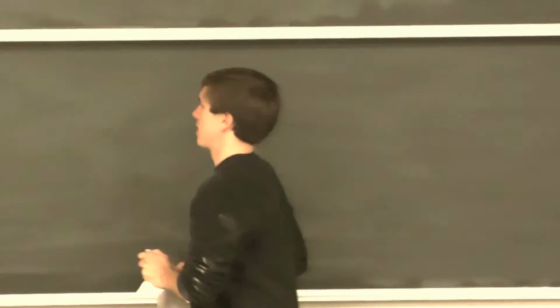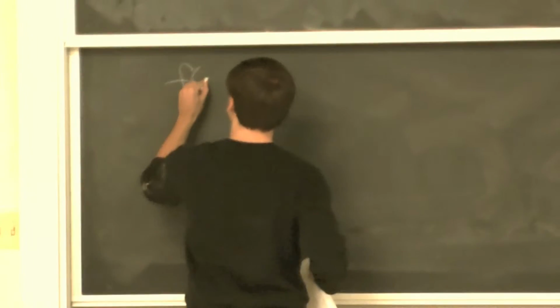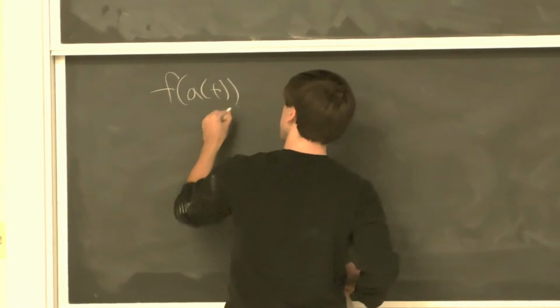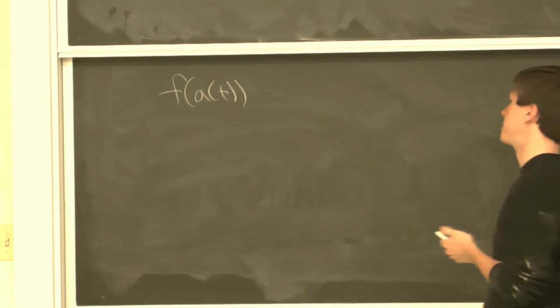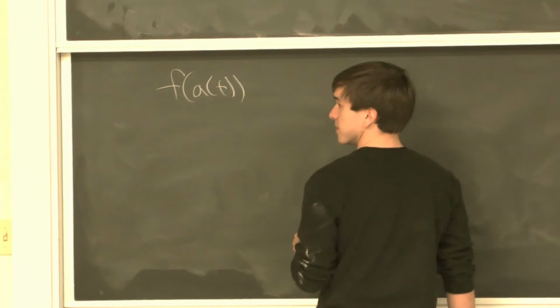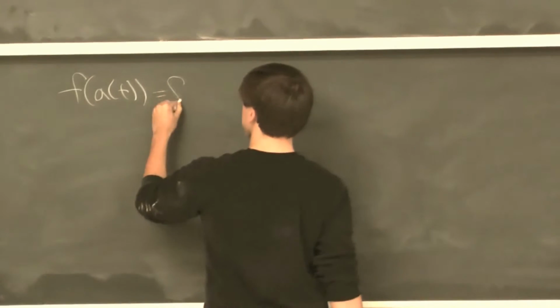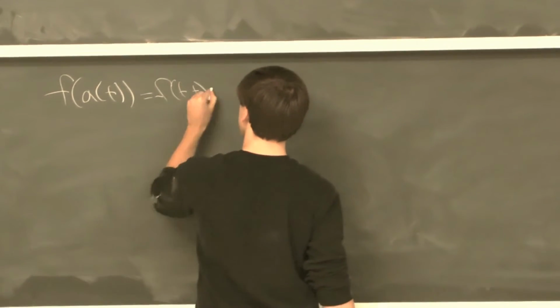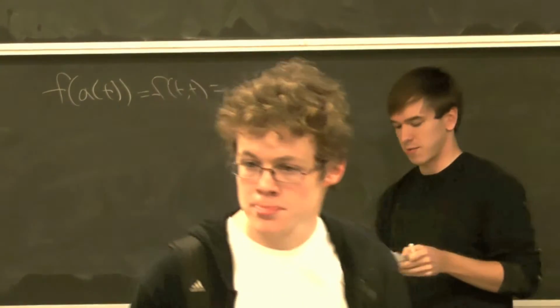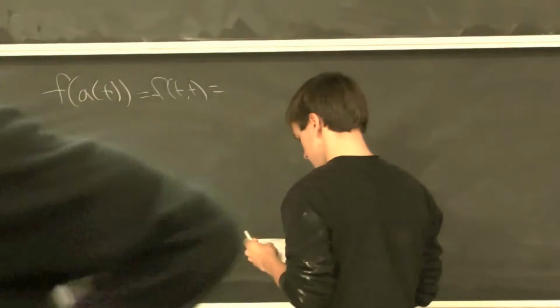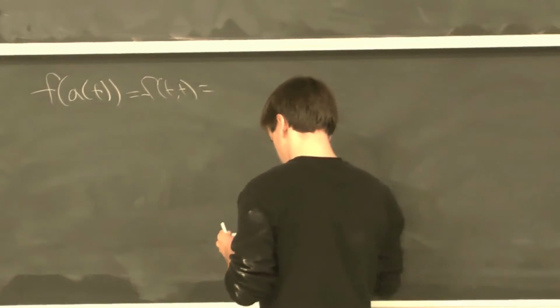Let's take, what is f of alpha of t? What's f of our line? What does this line map to in xy space? And so this equals f of t comma t, which ends up being,